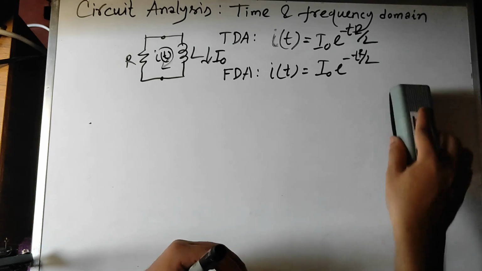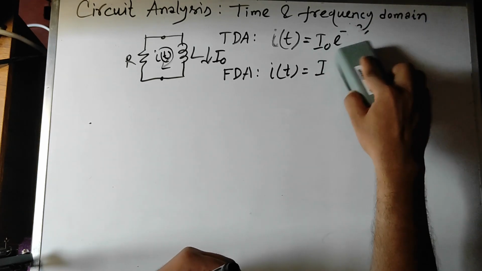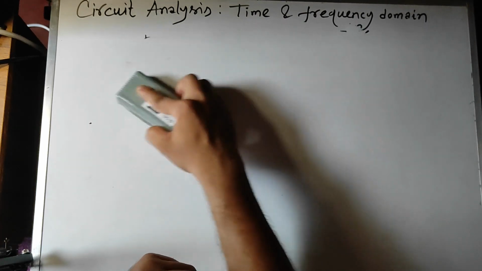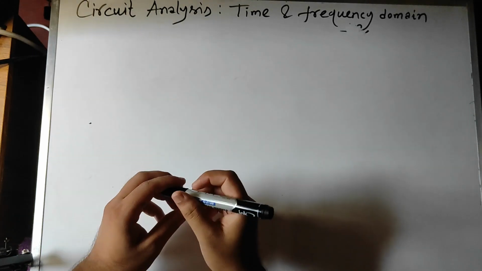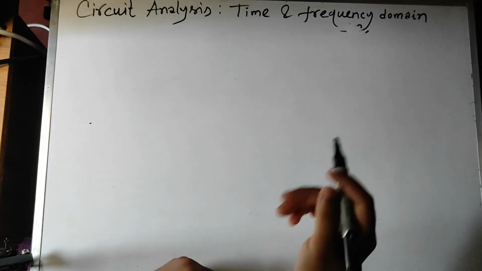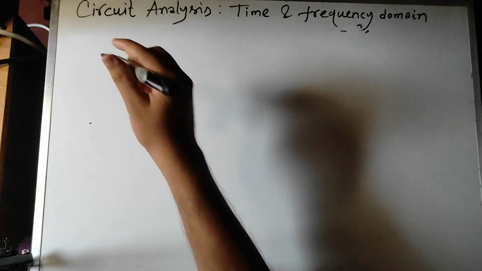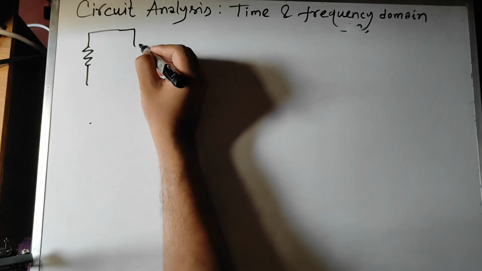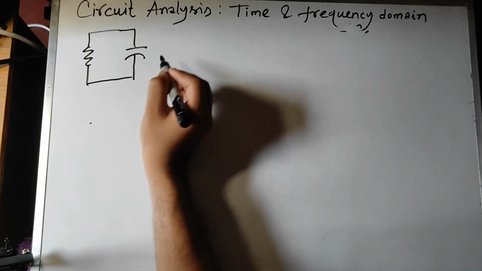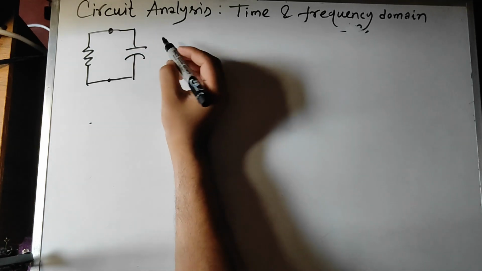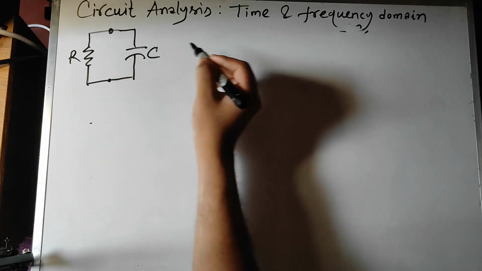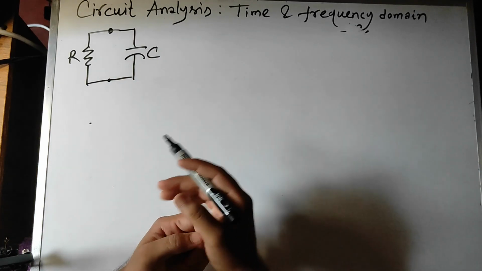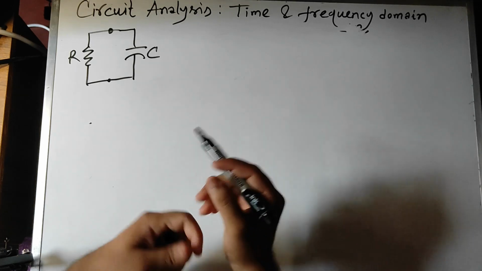Now we are gonna analyze the source-free RC circuit in time and frequency domain and see what the answer is. For source-free RC circuit analysis, let us first draw the circuit here: R and C. So this is a source-free circuit, and we know that capacitor and inductor are dependent on